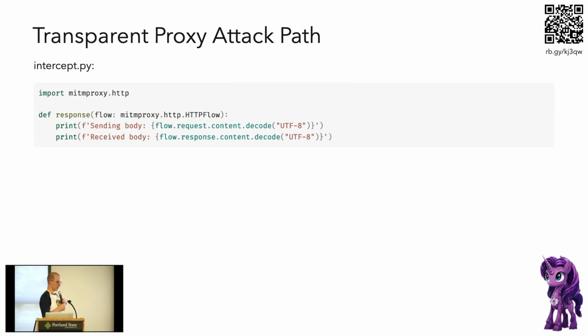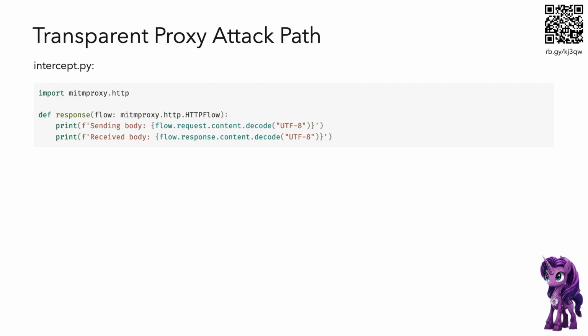So here's the entirety of the coding. We have this intercept.py, which is a MITM proxy script. We've got to import the one-liner there and define this response method. And basically, the person in the middle proxy will do its work, and at the end, before the client gets the response, you get the flow. When the flow includes the request and the response, you can log whatever you want, and incidentally, you can actually change whatever you want to. That's not the scope of this exercise, but good to know about. So that's it, we're done with coding.